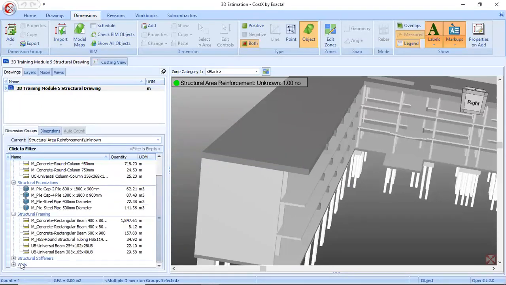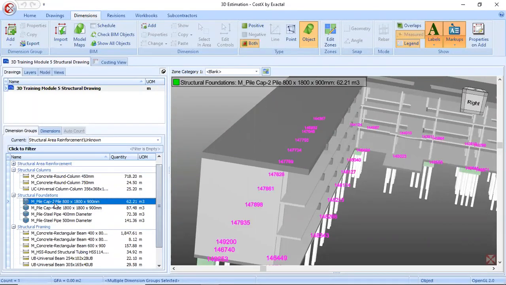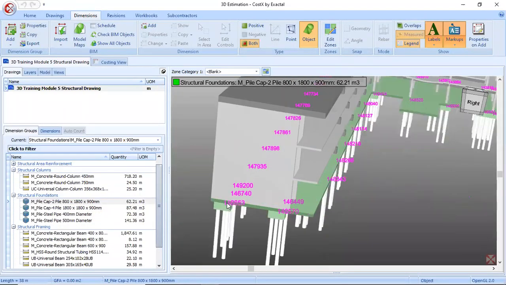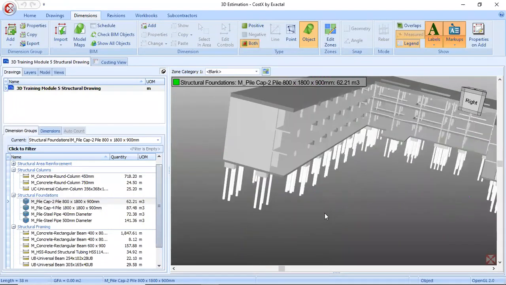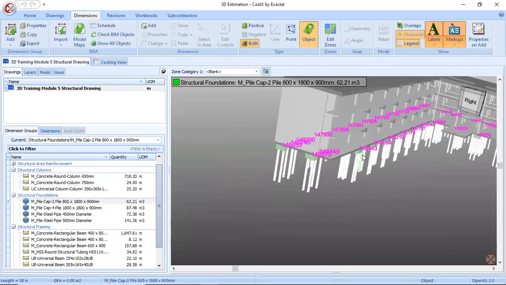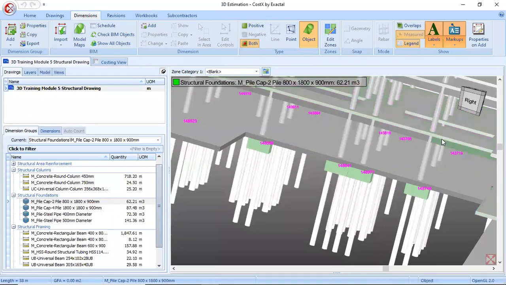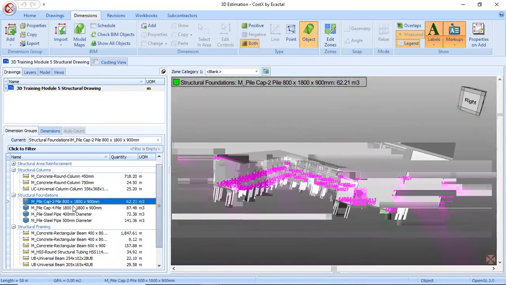When we worked with the 2D drawing, we created these quantities, whereas with the BIM model, it automatically gives us the quantity. And this quantity is again linked with the 3D model. So wherever you see the element's quantity, it is highlighted in the model also. The same way it is being highlighted in the 2D drawings also.